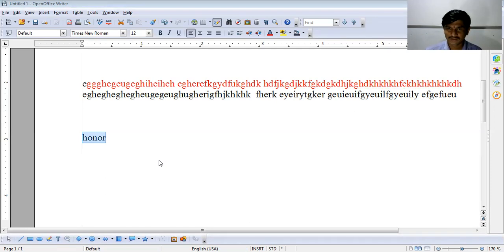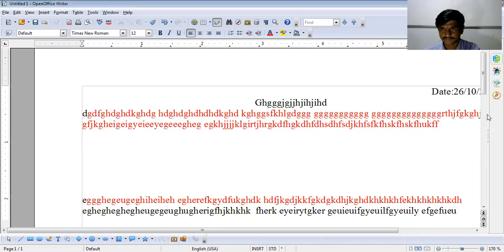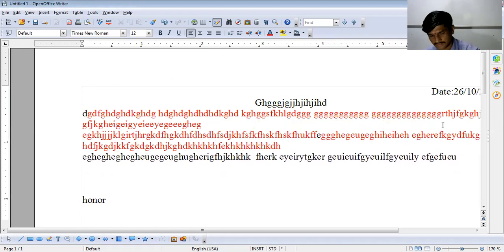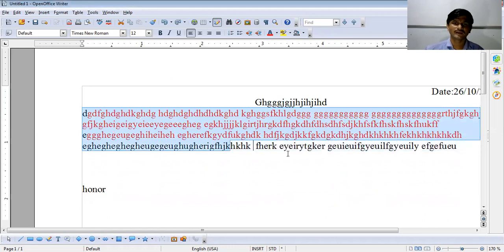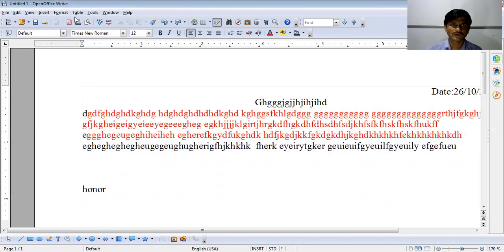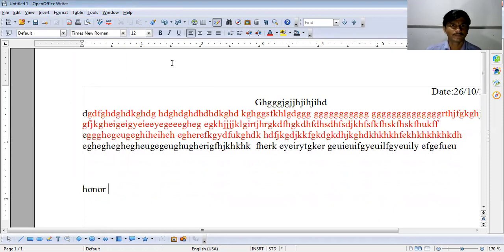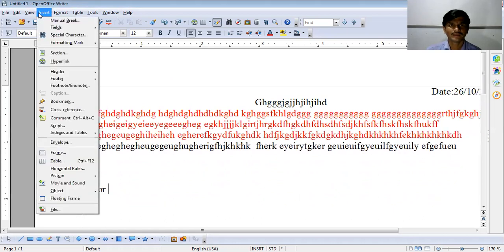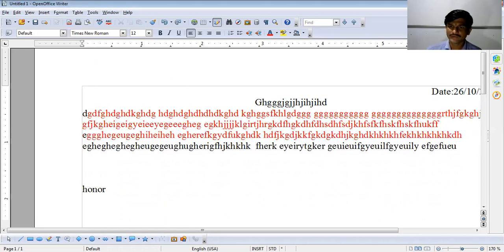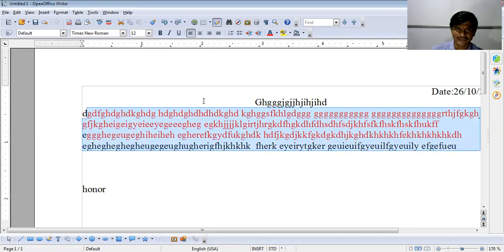I will show you here. See, suppose this is the regular line without spacing. Okay, now if you want to use the line spacing, you can use line spacing also. In that, first of all you have to go to the paragraph option. If you use the paragraph option you can get it, I will show you about this. First of all you have to select the text. Suppose I have selected these lines.